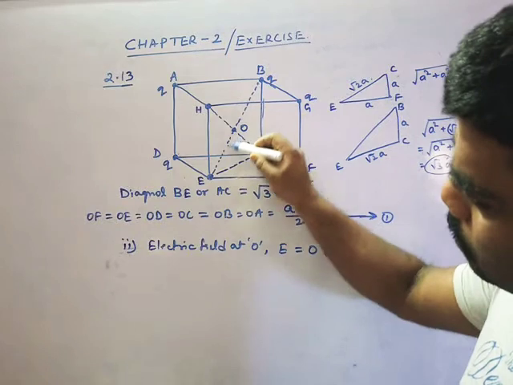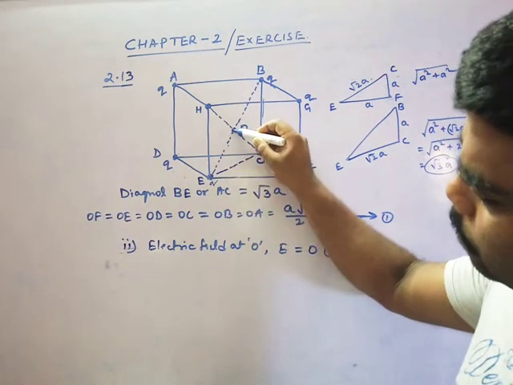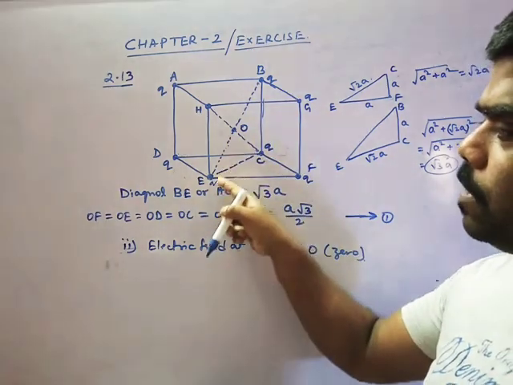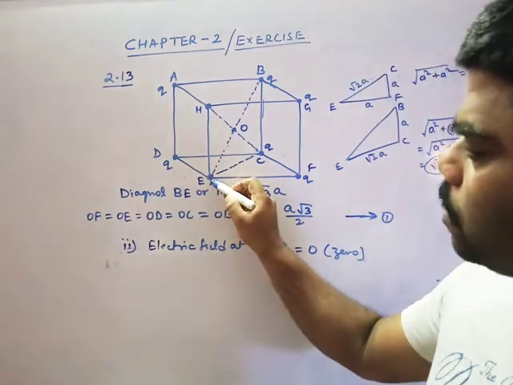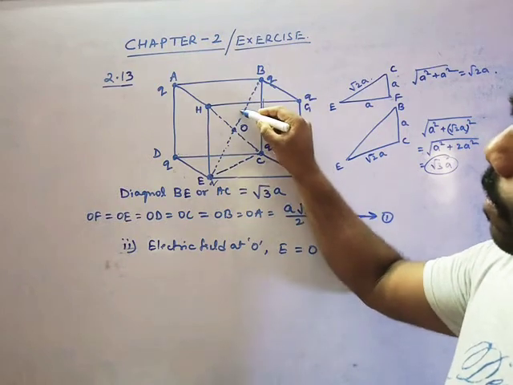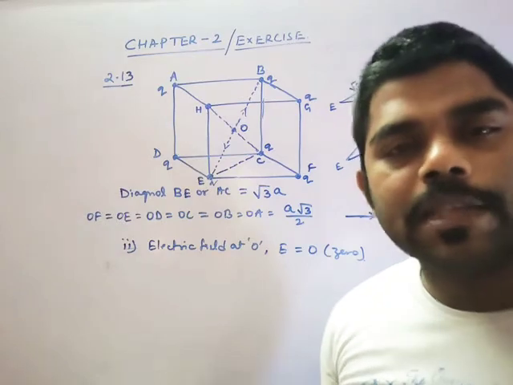And in this diagonal you can see there is another charge at the point E. So because of this also, it will be outward here. And since they both are the same, why not? Because distance is same, charge is same, so definitely electric field due to this charge at E and due to this charge at B are the same, and they are opposite also. The direction of this is opposite. So being equal and opposite, their net will cancel.